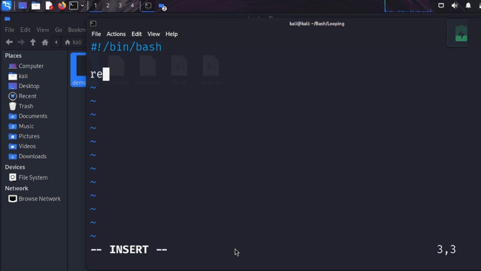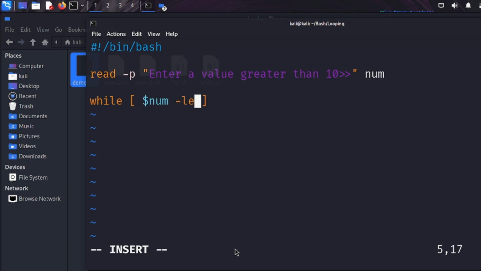Let's read a value, and we would ask the user to enter a number which is greater than 10. So something like this: enter a value greater than 10. We would receive the value into the num variable, and here we would set up the condition: if $num is less than 10, then we would prompt the user